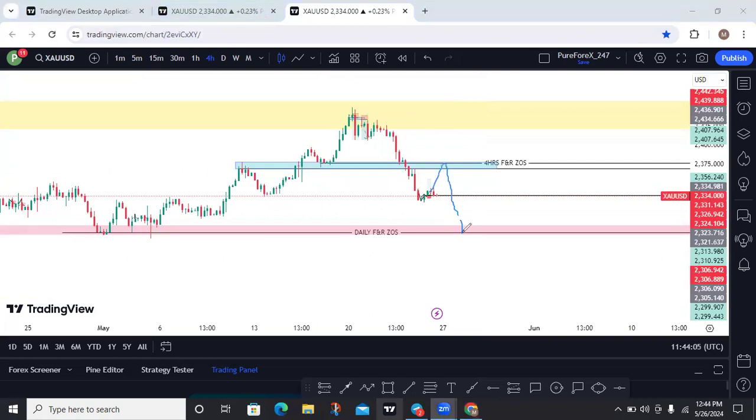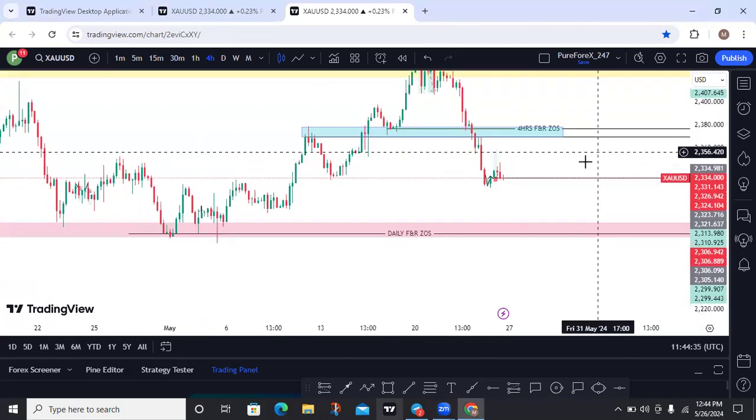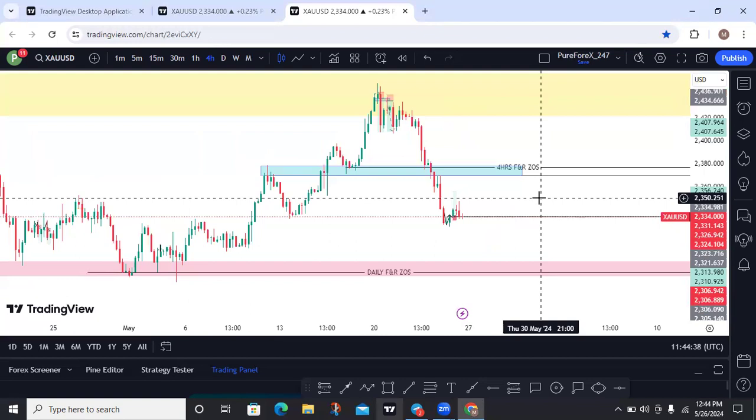Our long-term target is going to be here at this point, at this daily zone of sensitivity. Also, this daily zone of sensitivity aligns with the weekly zone. So when the market breaks it, we are going to be looking for more selling opportunities. We know that is when we'll know that gold is going to be tanking down throughout, in fact, even throughout next month. But we are day traders, so we are only focusing on what is going to happen next week so that we'll be able to take opportunity on gold, right? Market is opening tomorrow, right? So this is my analysis and this is my bias on gold USD.